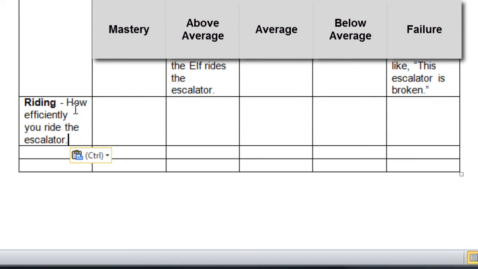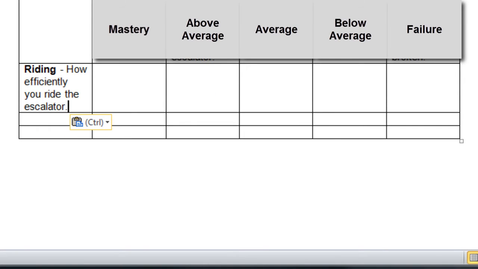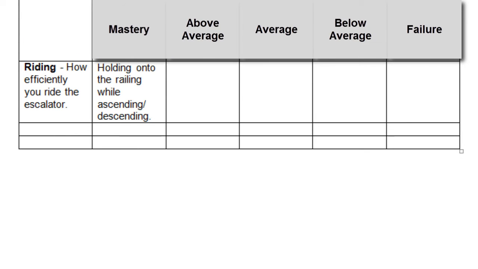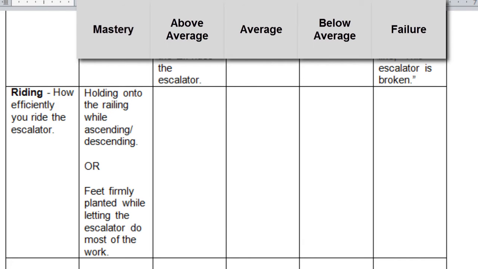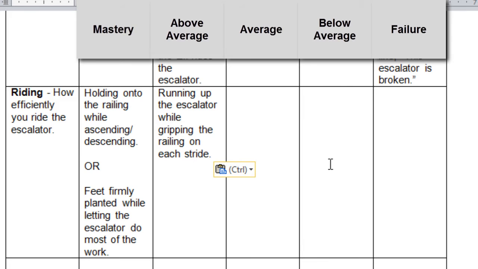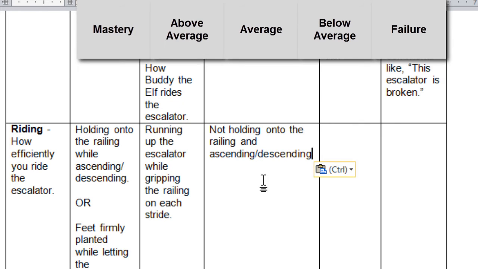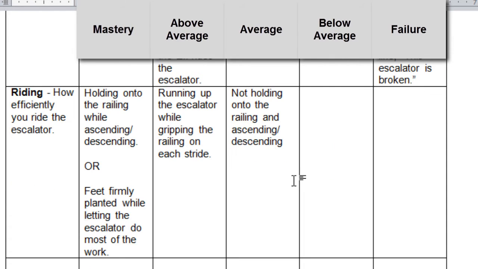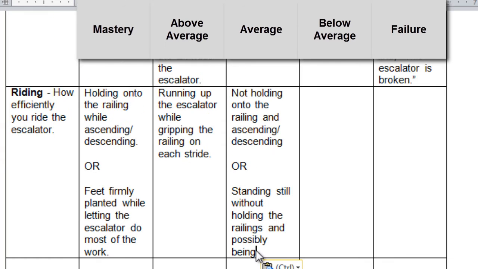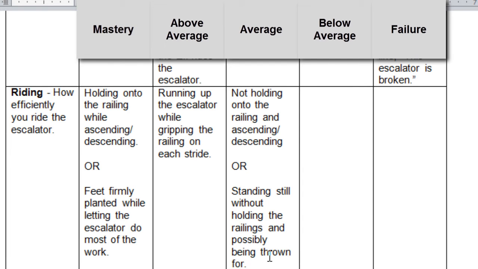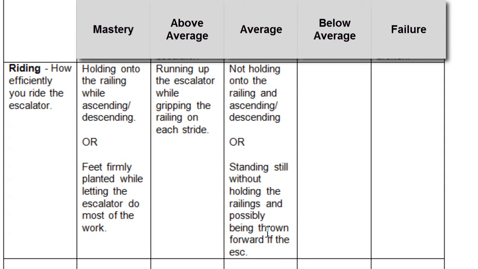Next performance criteria will be riding. How efficiently you ride the escalator. And we'll say holding onto the railing while ascending or descending, or feet firmly planted while letting the escalator do most of the work. Above average for riding, we will say running up the escalator while gripping the railing on each side. Average, we'll say not holding onto the railing and ascending, descending, or standing still without holding the railing, and possibly being thrown forward if the escalator